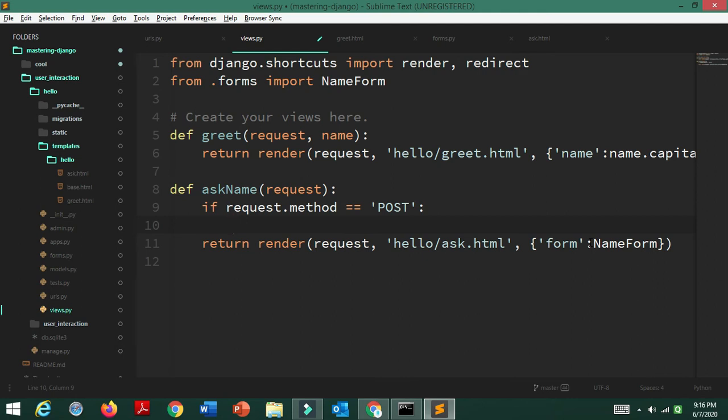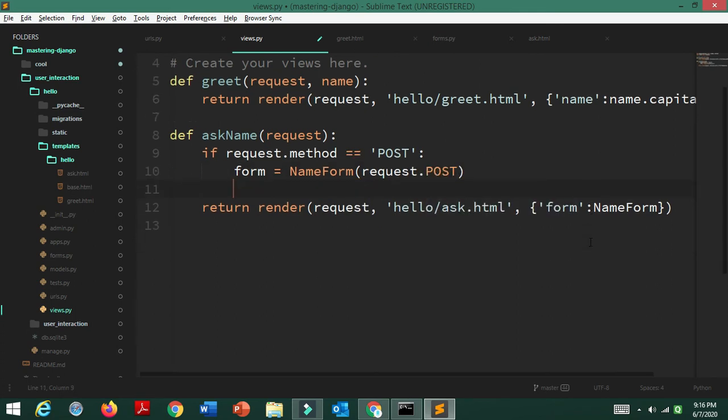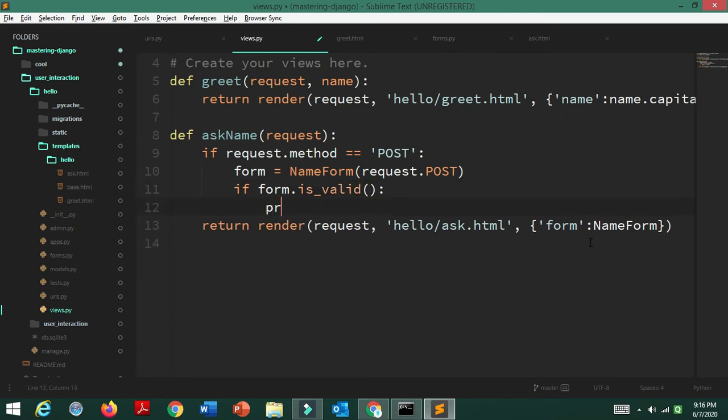So what we'll do is we'll just create a new form, and that form is going to be nothing but our NameForm, and we'll just fill it by saying request.POST. So this fills the form. And what we can say is form.is_valid. This is a method that you get with Django. So you can just run this and ask the question whether your form is valid or not. I can say if form.is_valid. So if your form is indeed valid, we can just do something great. Let's say for now, just print out